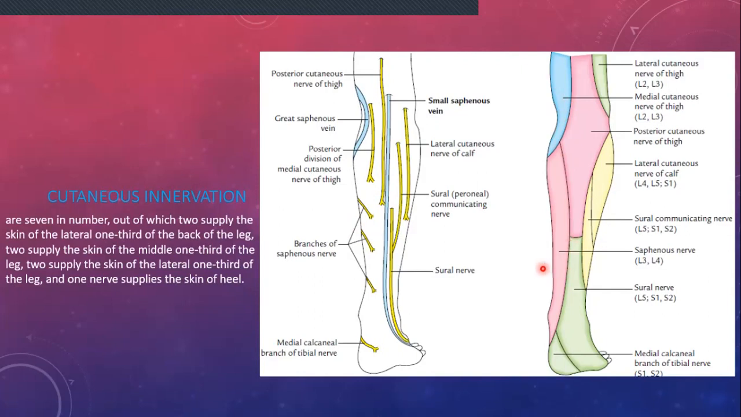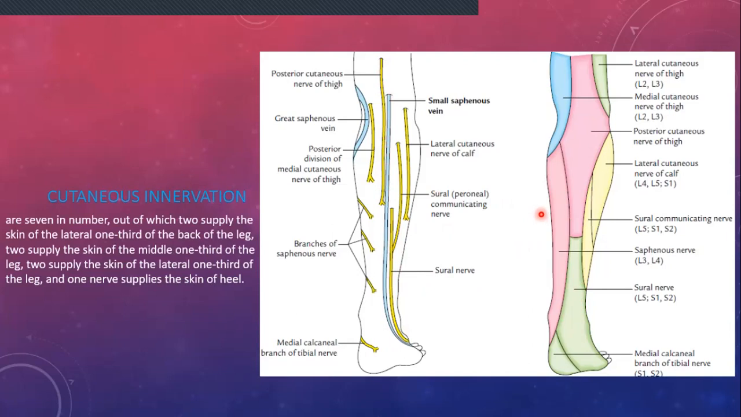Then in the middle 1/3, which is supplied by the posterior femoral cutaneous nerve, or the posterior cutaneous nerve of the thigh. Okay, that one usually appears at the roof of the popliteal fossa and descends to supply this area. And also you have the sural nerve. Sural nerve is a cutaneous branch from tibial nerve here, and it supplies this area. Then